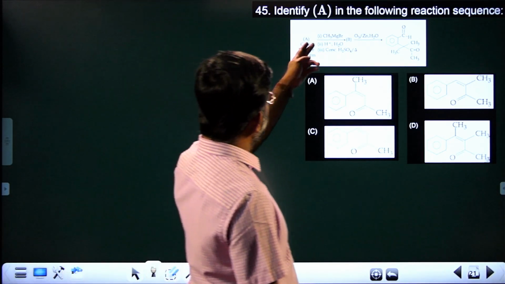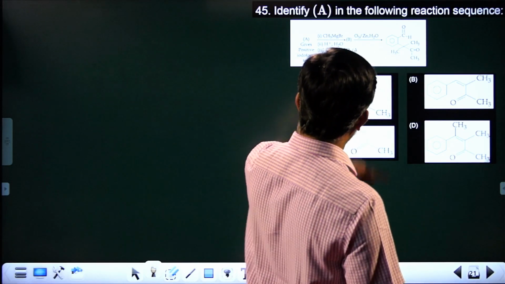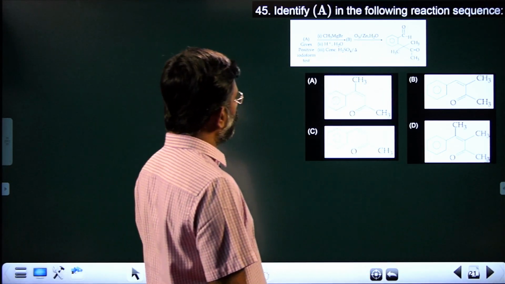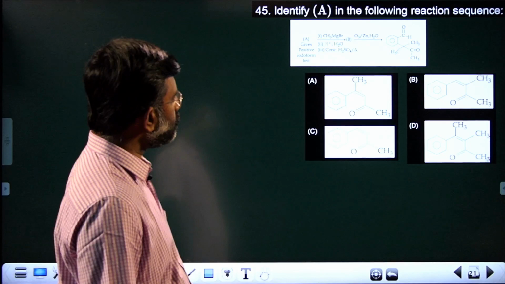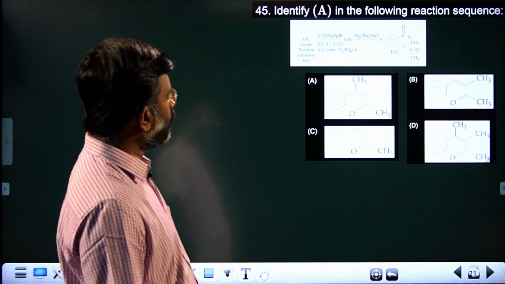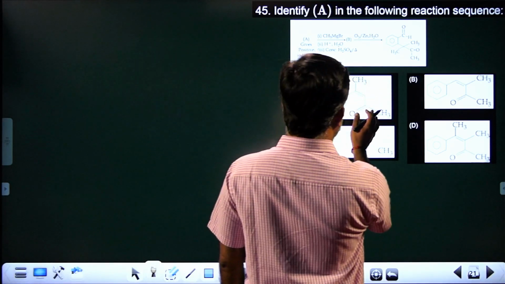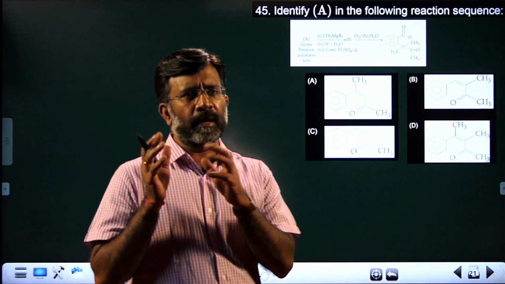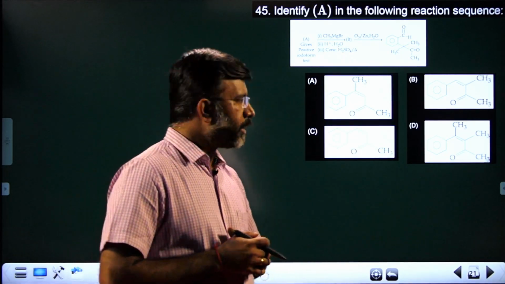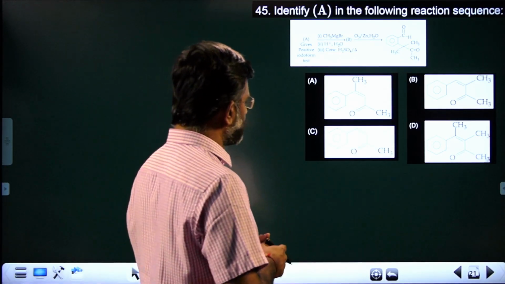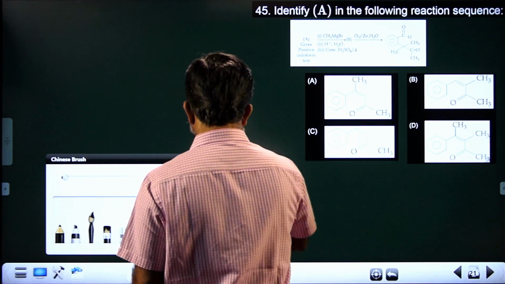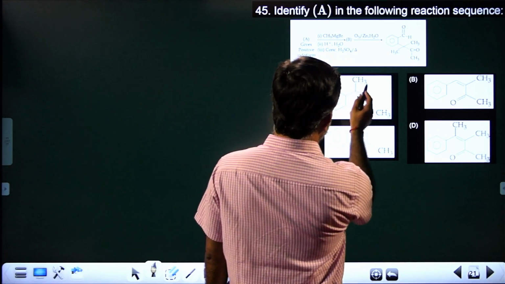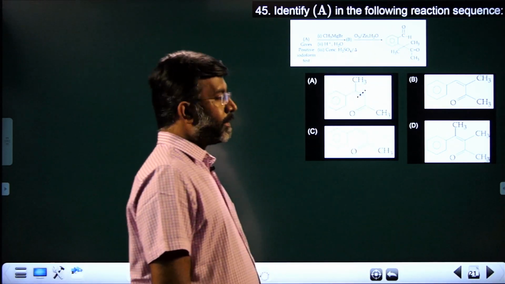Now it is treated with CH3MgBr, then hydrolyzed, then heated with sulfuric acid, then treated for ozonolysis, and you get a final product. In the ozonolysis final product there is a bulky group here and here you get an aldehyde. By simple analysis, you will be able to understand A cannot be the answer, because ozonolysis will give a cleavage over here, and if it is cleaving here, this is going to be a keto group on that side. The given product is an aldehyde.